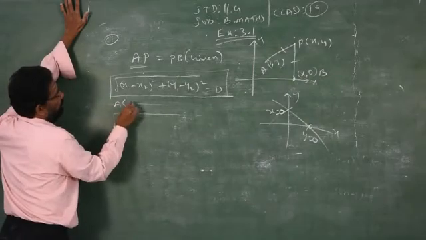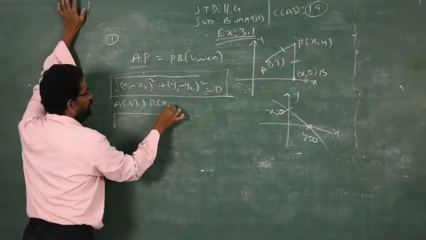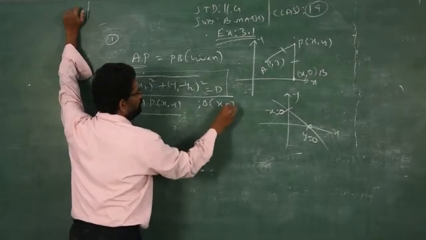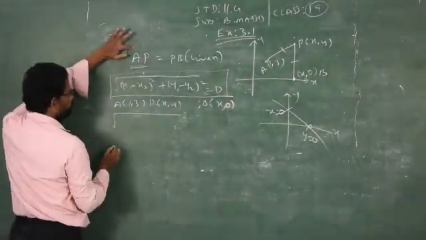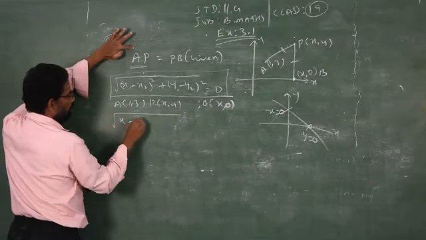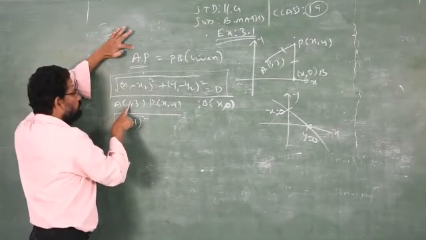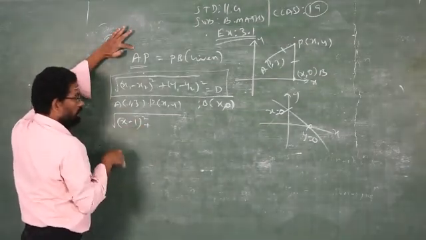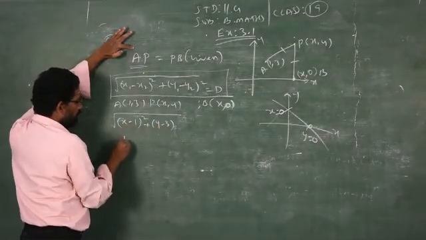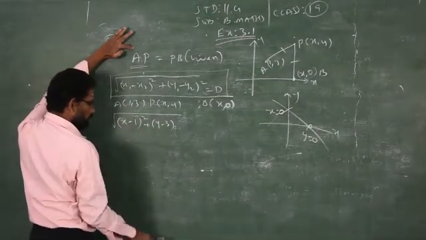So what is your A? A is (1, 3). What is your P? (x, y). Similarly, B is (x, 0). So I have to apply it for AP. Better you go for PA, (x minus 1) the whole square, because I kept x as the first term. You can take 1 minus x also, that is also correct. But for my convenience, I take x minus 1 and y minus 3. Or you can take (1 minus x) the whole square also, this is also correct. Clear? So you take either x minus 1 or 1 minus x.